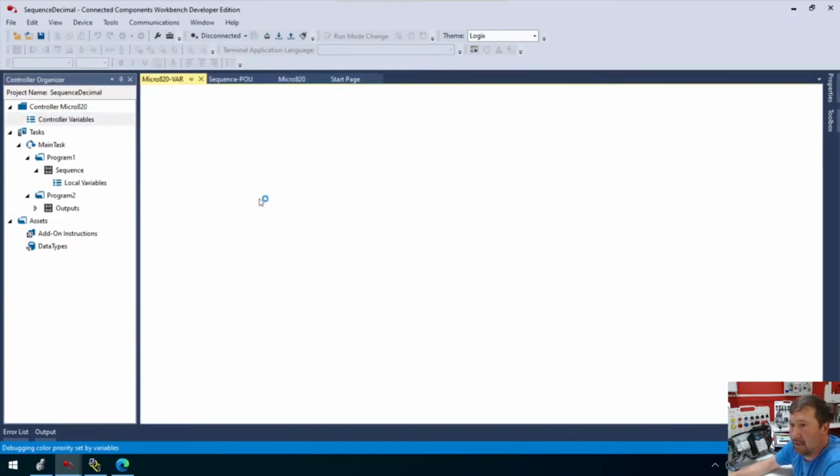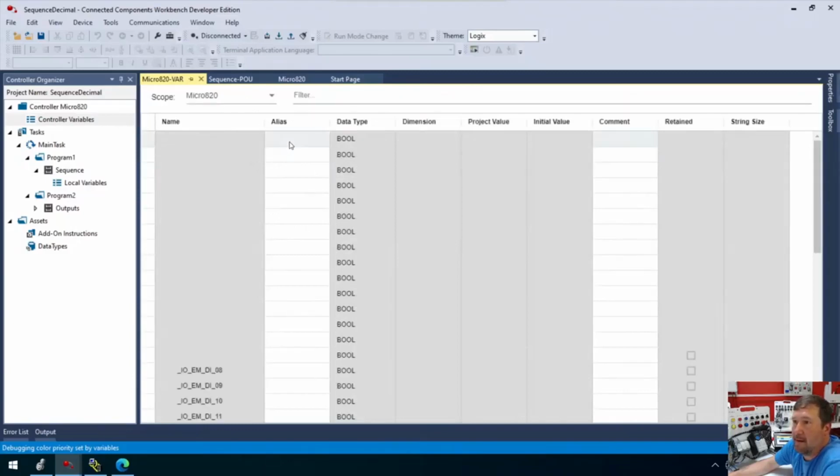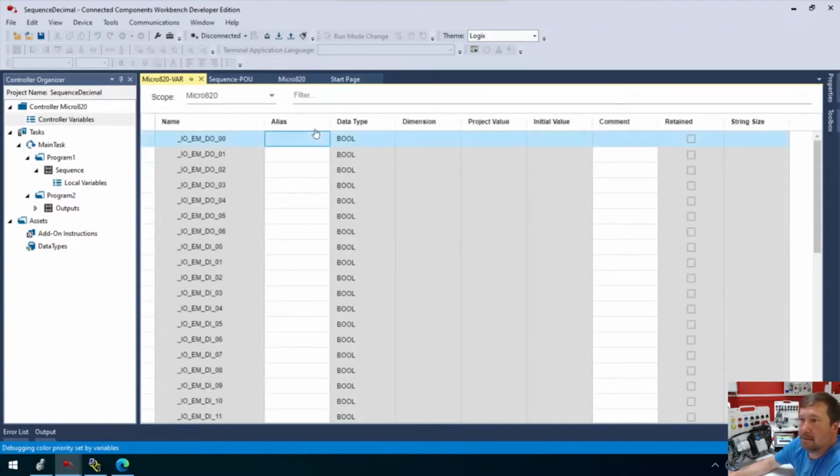And this time in our alias column, like we're supposed to, we will put a few descriptions in. I don't know why I've done it the other way every time, but this time I am going to put that this is the green light. I don't know why I was putting light 1 every other time, but green light, yellow light, red light, blue light, and then down here